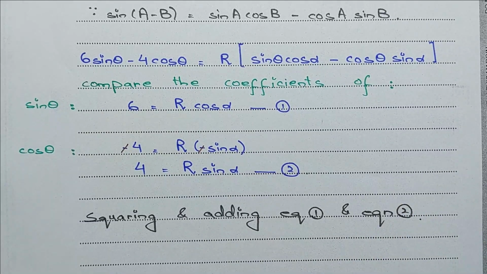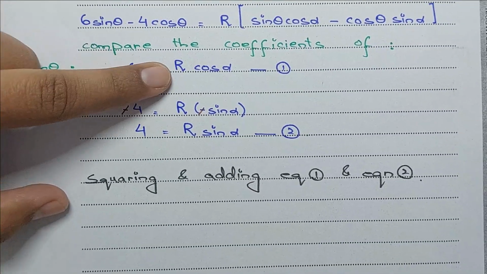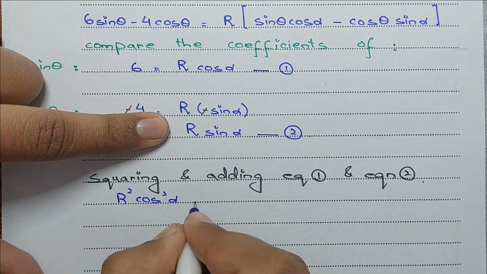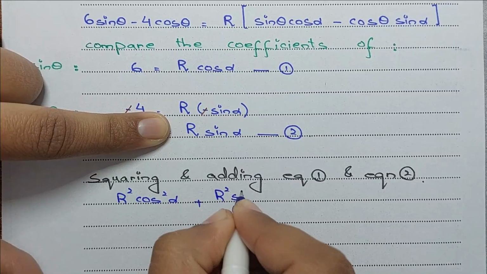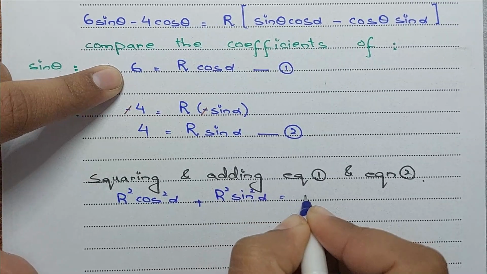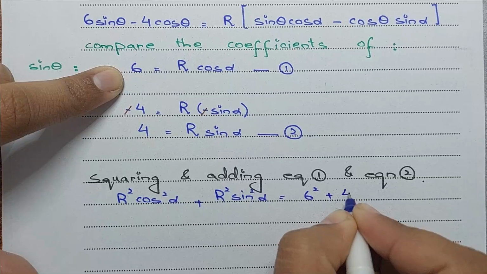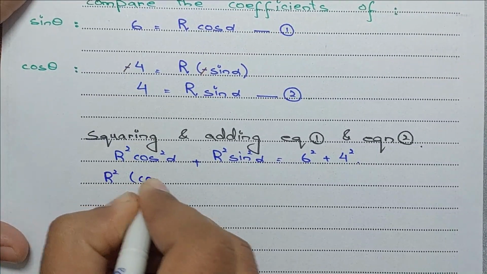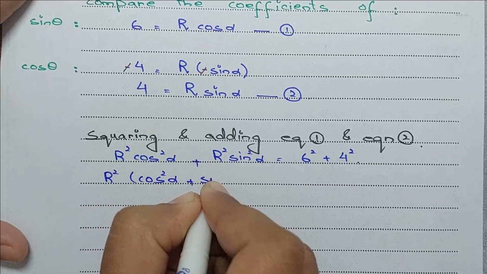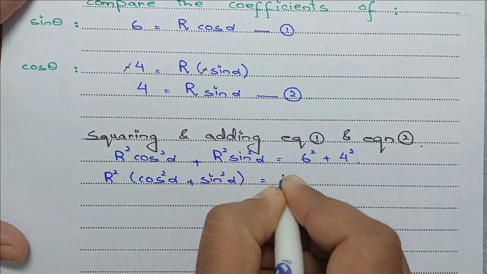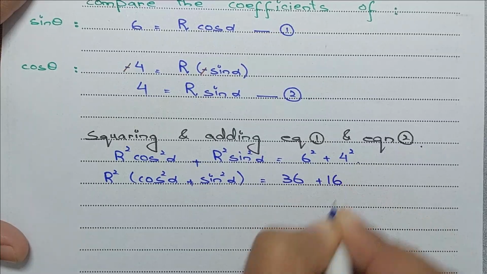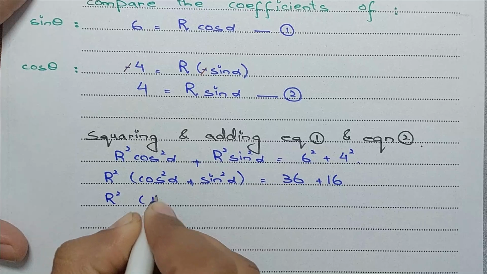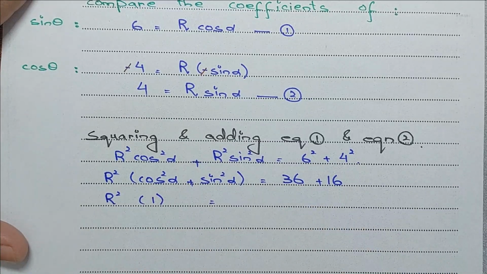Okay, we need to square and then add them up, right? So the square of this is r square cos square alpha plus r square sine square alpha. This would be equals to 6 square plus 4 square. Okay, let me take r square common. We are left with cos square alpha plus sine square alpha. 6 square is 36 and 4 square is 16, right? R square is as it is. Cos square theta plus sine square theta, this identity is just 1. And 36 and 16,